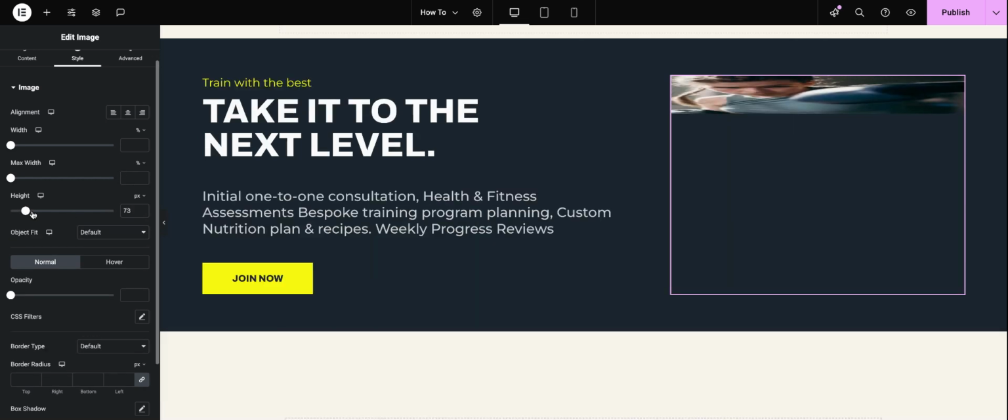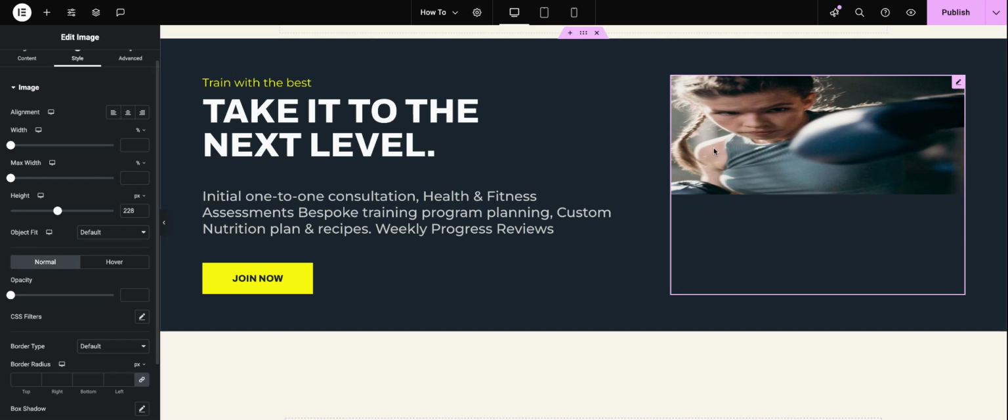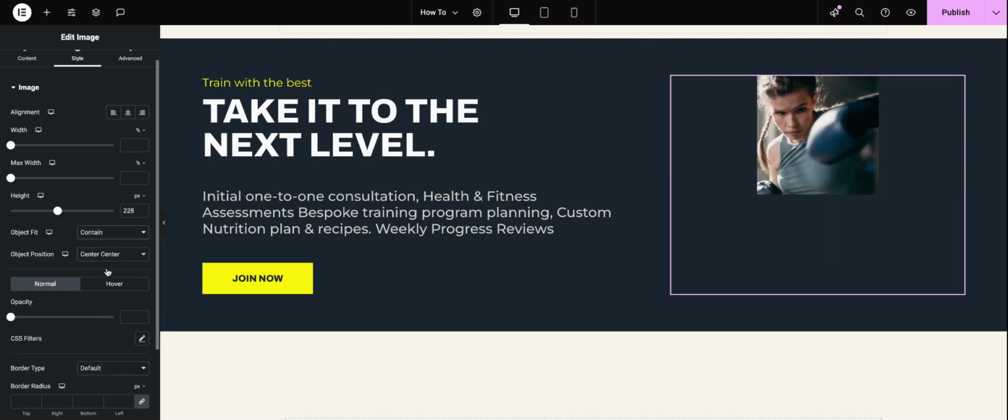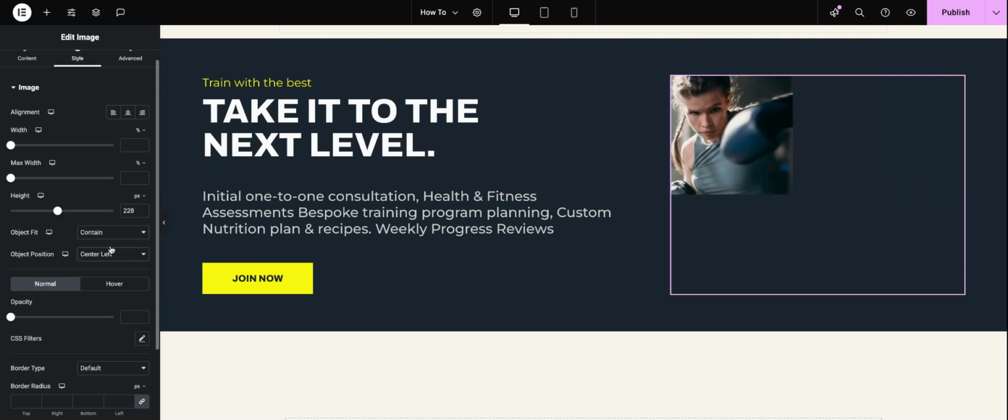One thing worth noting is if you set the height, you see how the image gets a little squished there. There's an object fit option, and now it's set at default. But if you want to do something like contain or something like that, it's going to help you. And then you can align where it's at. So if you want to put it over there,